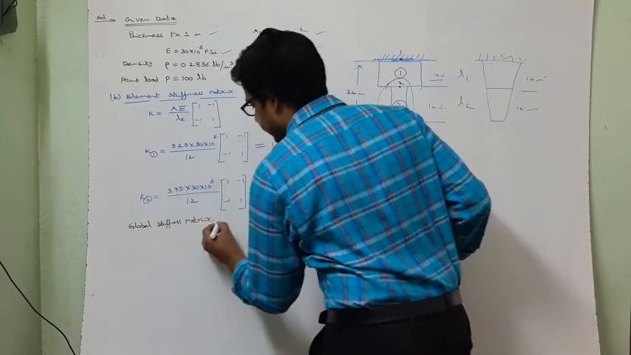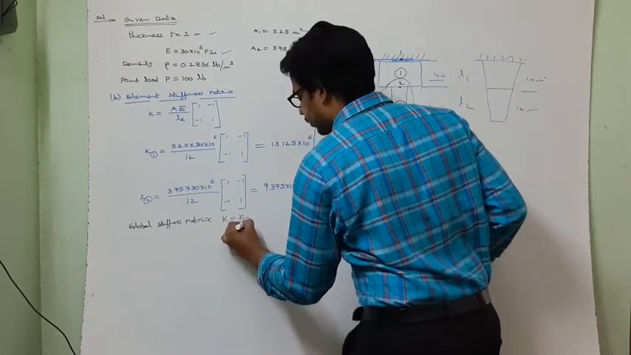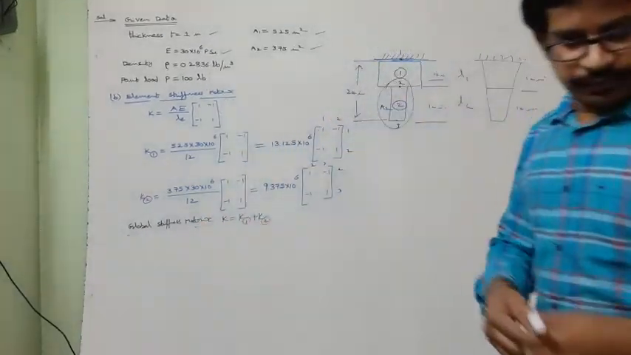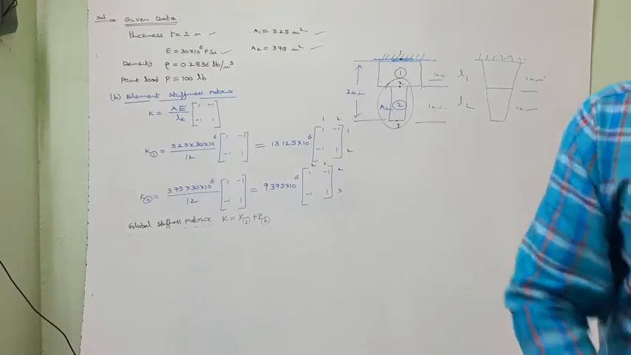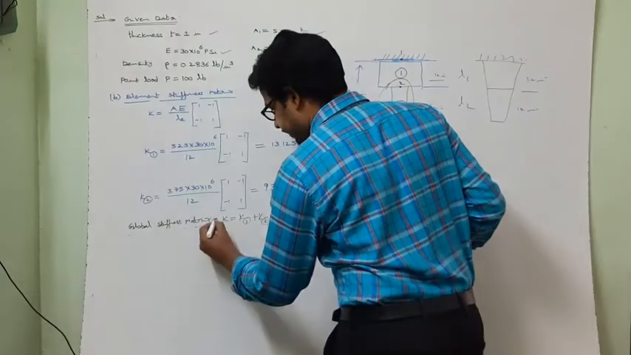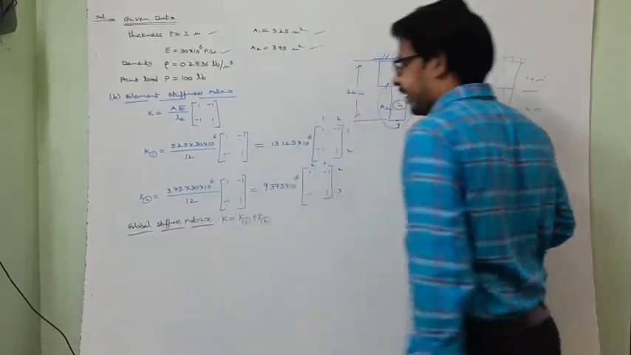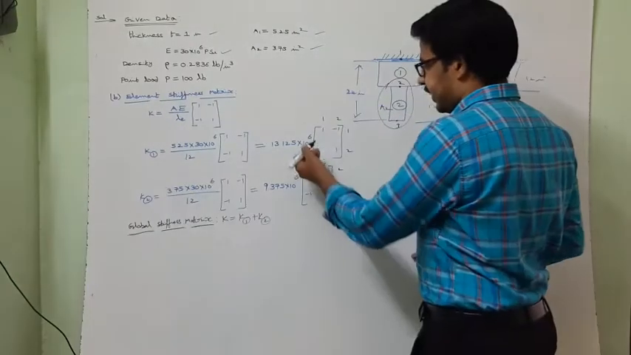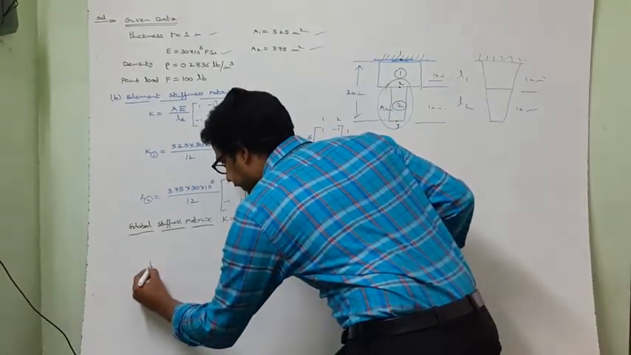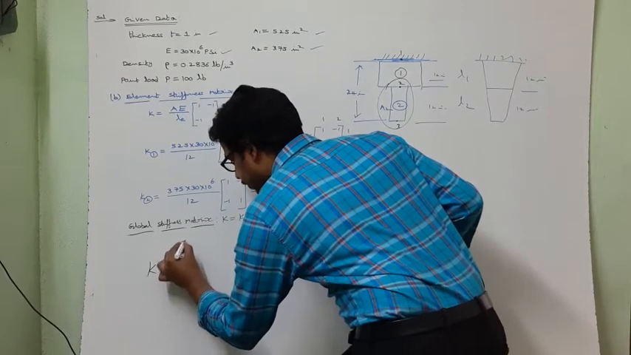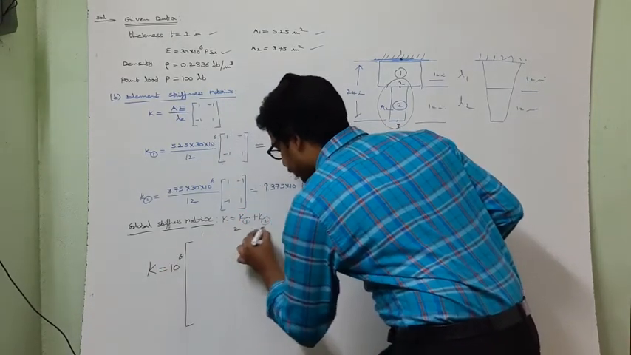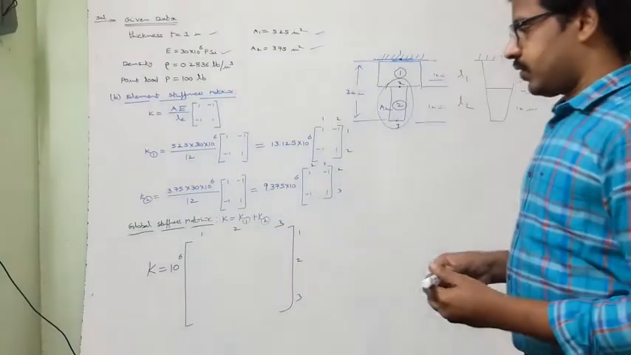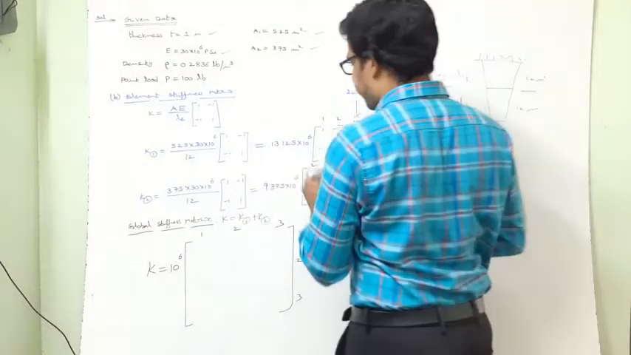Global stiffness matrix, capital K is equal to K1 plus K2. Here 10 power 6 is the common factor, therefore capital K is equal to 10 power 6 into a matrix with nodes 1, 2, 3 and nodes 1, 2, 3. So here we need to substitute 13.125